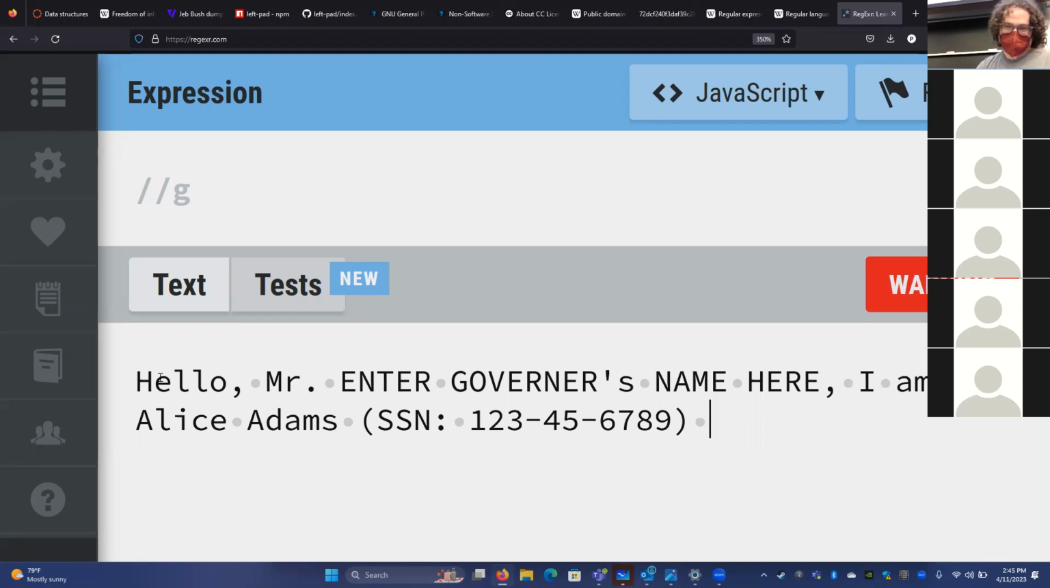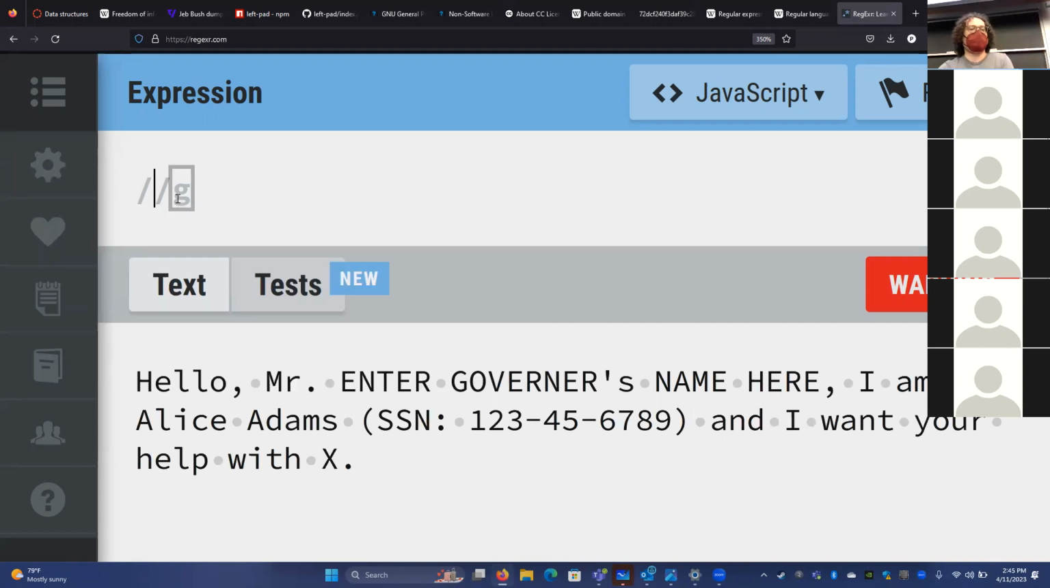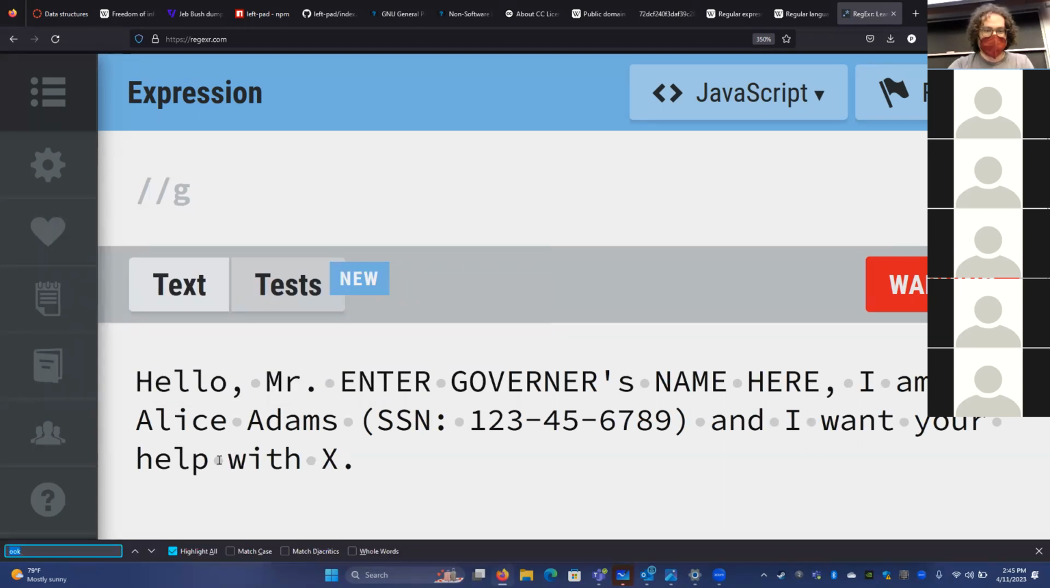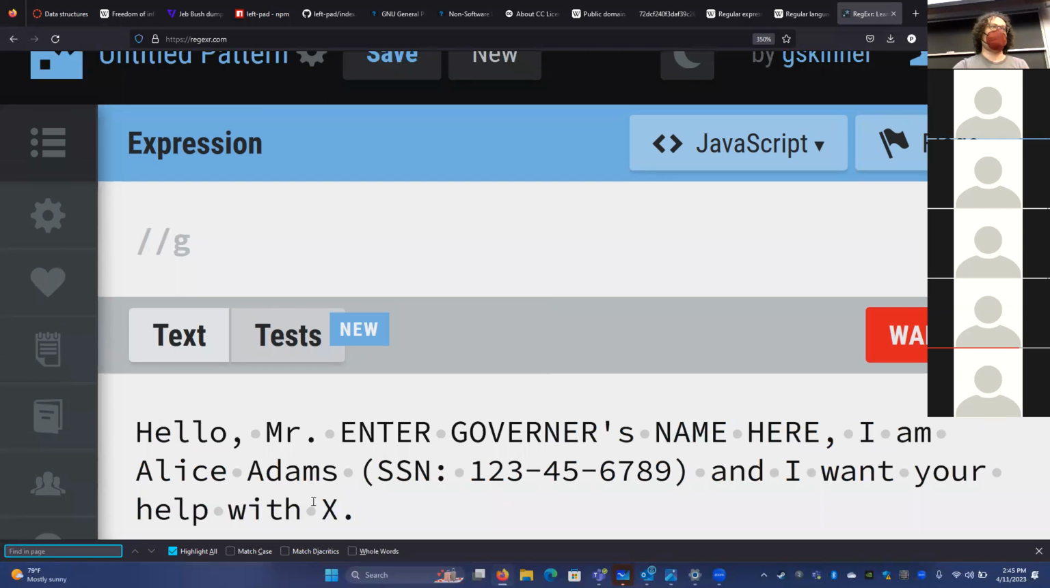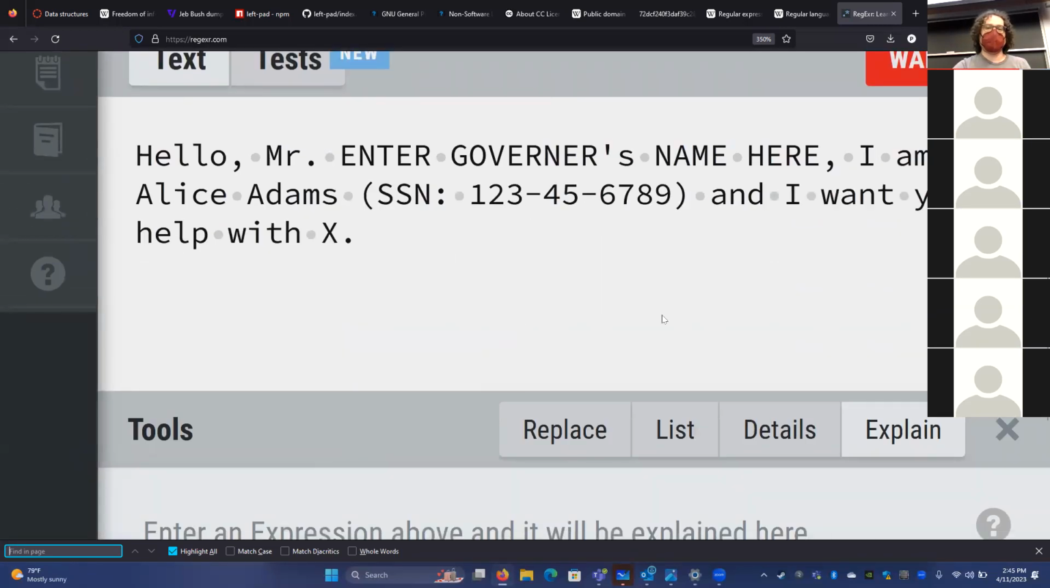So I want your help with, and it doesn't matter at this point, right? The idea here is that we want to write something. We can't just Control F to find what we want, right? It just won't work, because that social security number could be any number. It could instead be